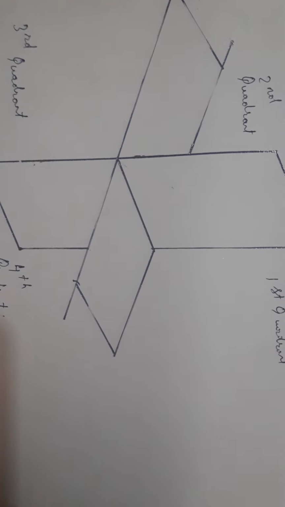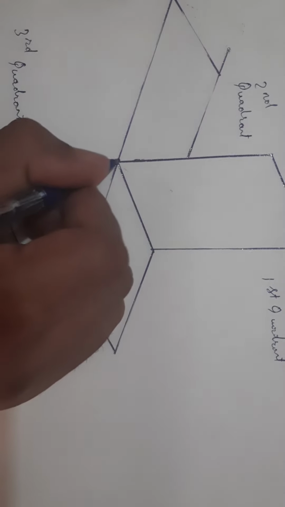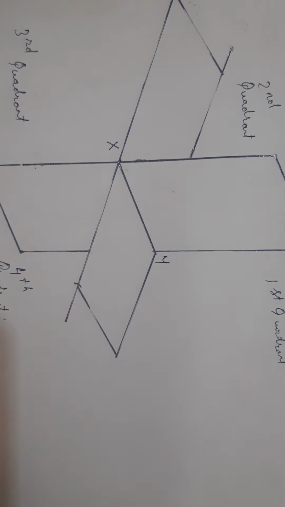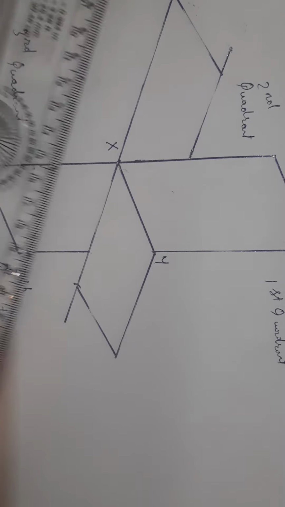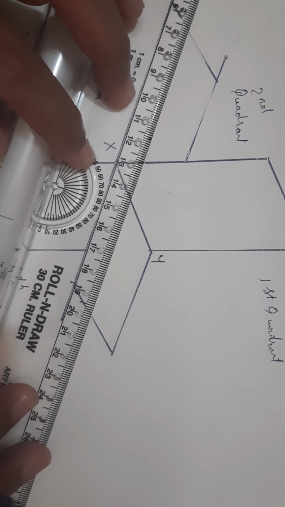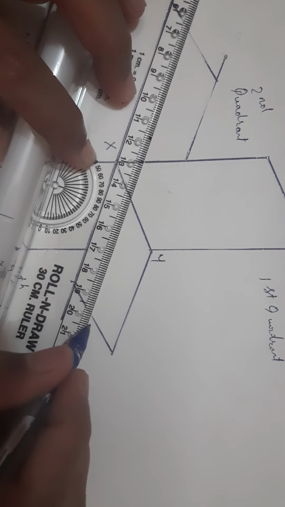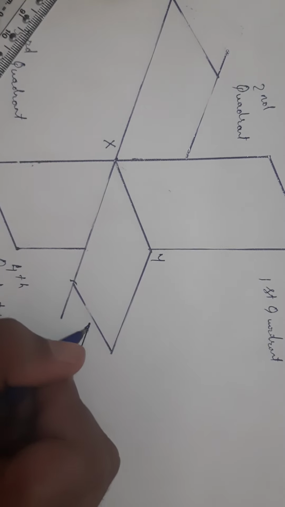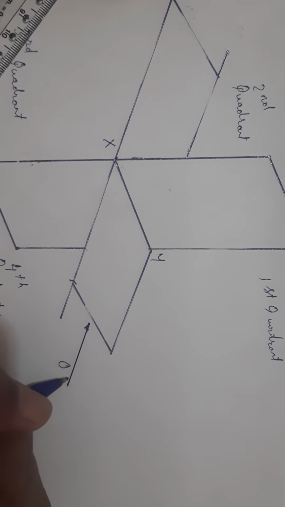Okay, now just to show you, this is a line which is named as XY. The direction of vision of the observer, that I can show to you over here, is parallel to this plane and it is like this. So here I'll be showing the observer.